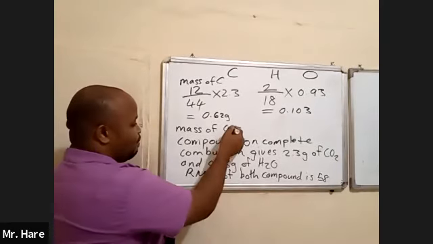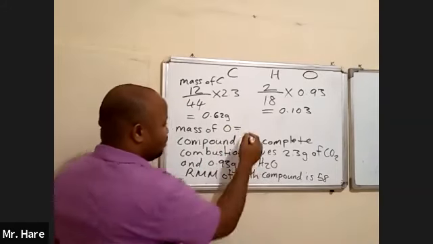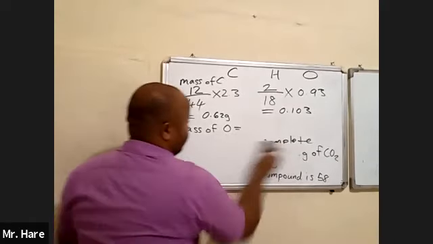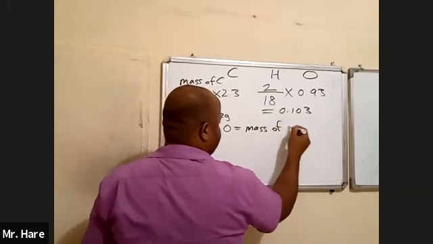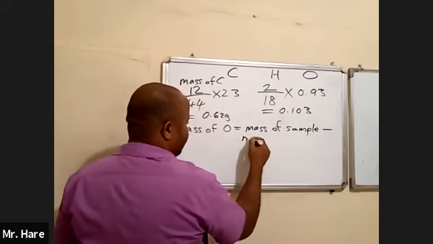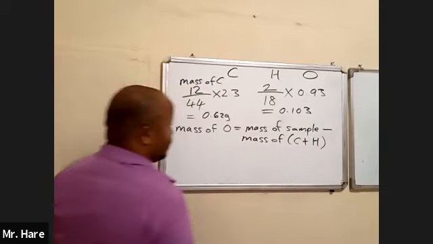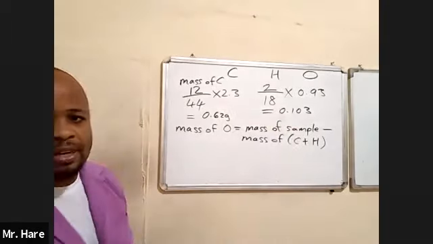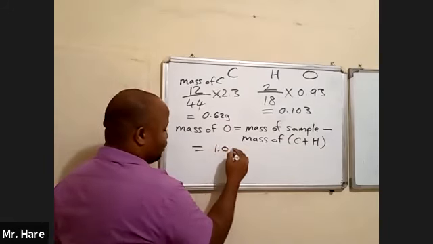So to actually get the mass of oxygen, it's the mass of the sample minus the mass of carbon and hydrogen. So you add up the mass of carbon and hydrogen and subtract it from the mass of the sample. The mass of the sample was 1 gram. So 1 take away